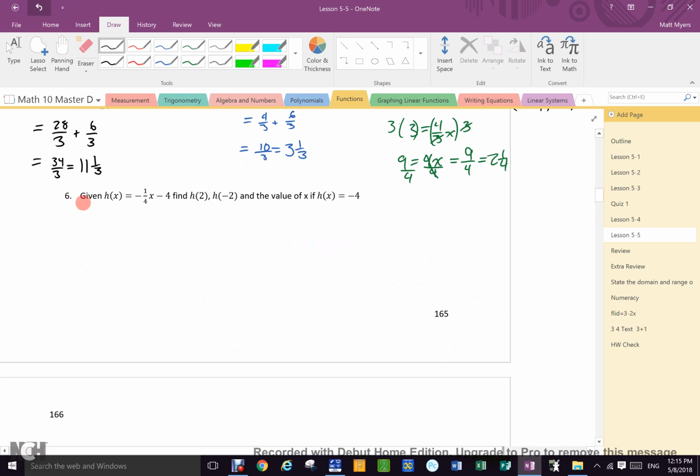All of you now attempt number 6. There's still a fraction. You know how to do it. Try your best. If you can't multiply fractions, use your calculator. Okay? Well, 1/4 on your calculator is 0.25, right? Because it's 1 divided by 4. So instead, you could do this on your calculator as negative 0.25x. It would be better if you didn't, but